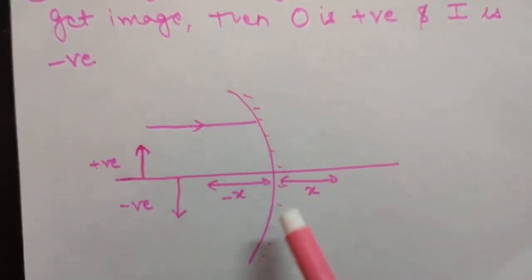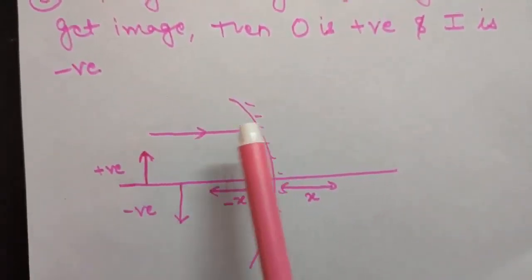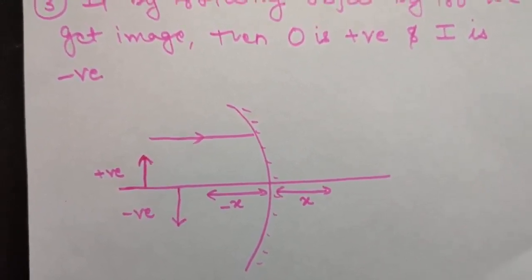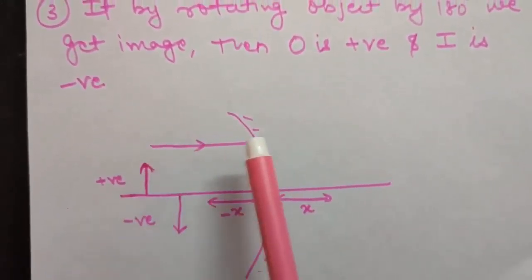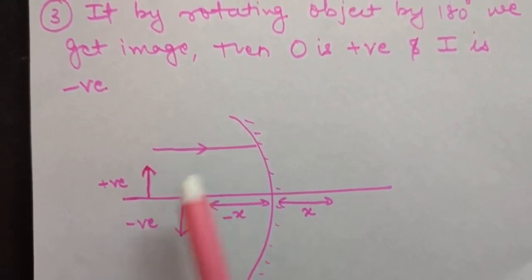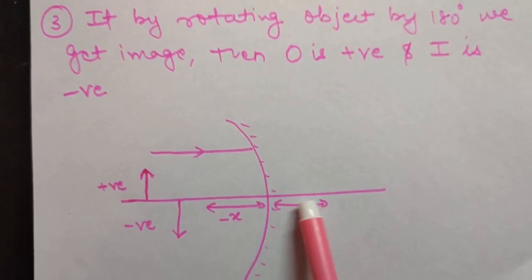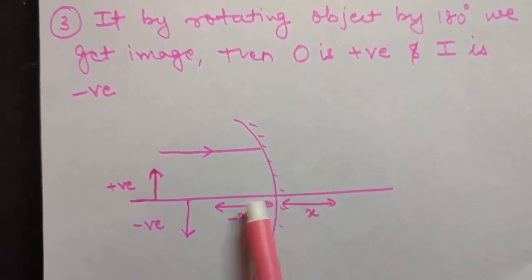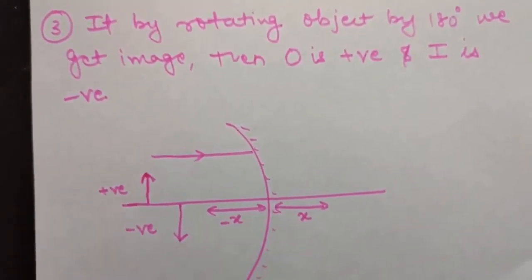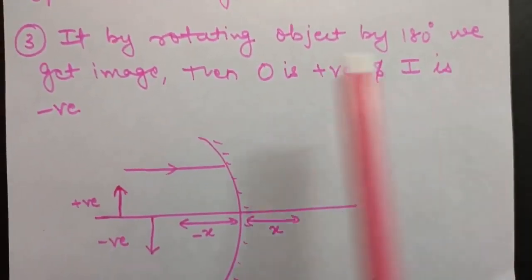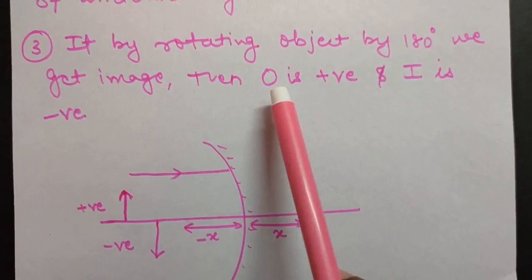For example, look here. This is your concave mirror and this is the direction of incident light. That means the direction from left to right will be taken as positive because the direction of incident light is towards the right. So if you are measuring any distance in this direction, this will be positive and this will be negative. Third, if by rotating the object by 180 degrees we get the image,